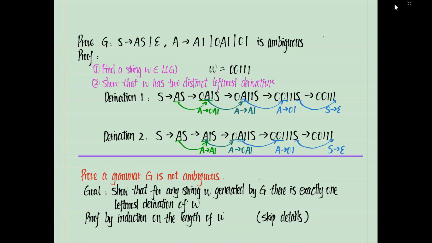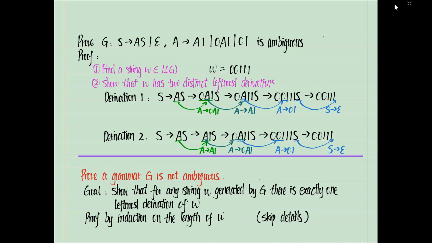Still, we apply grammar rules to the first variable, which is A. Now the rule applied is A to A1. The resulting string is 0A11S. We still have two variables. We apply the grammar rule A to 01 on the first variable, A. So we have